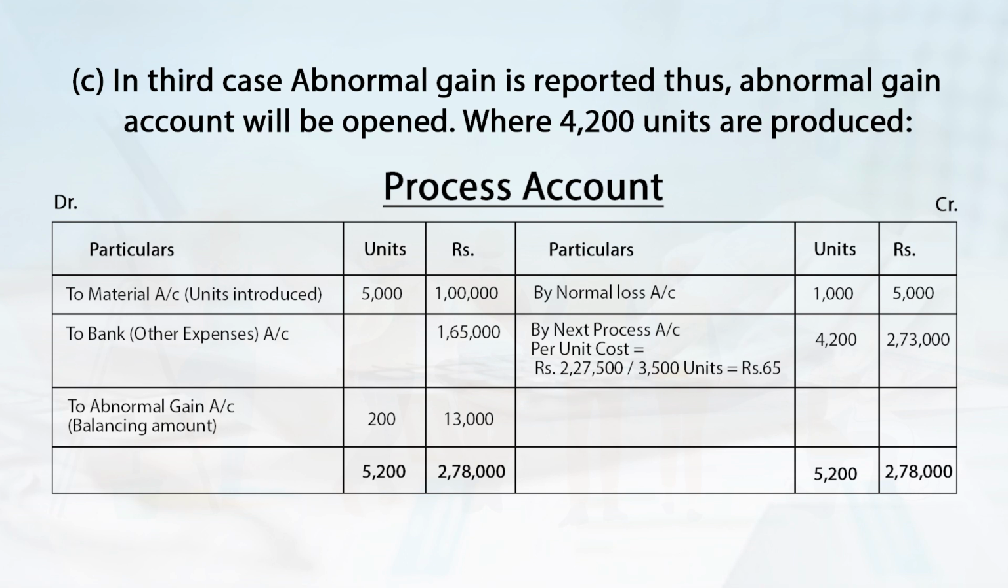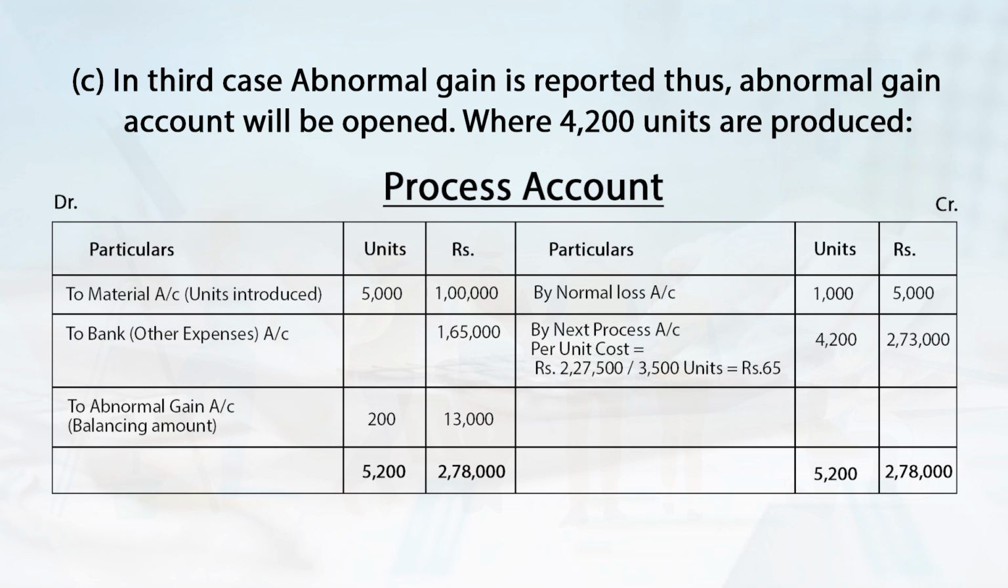On debit side, we will write to material account, units introduced 5,000 units and value is rupees 1 lakh. To bank account for the other expense rupees 1,65,000. On credit side, by normal loss account 1,000 units, value is 5,000 rupees, and by next process account units transferred are 4,200 units and the value is 2,73,000 rupees, and per unit cost comes to rupees